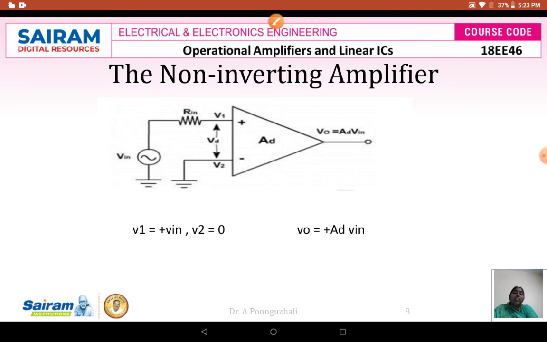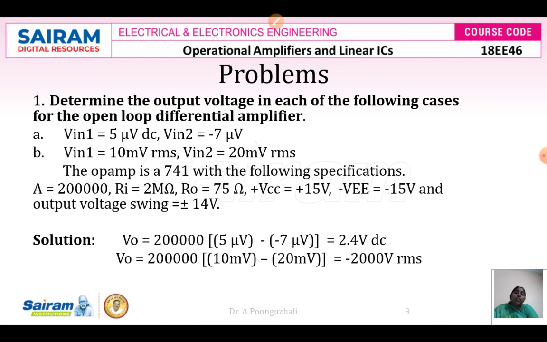So these are the three different configurations of your operational amplifier in open loop configuration. I don't have any feedback, that is, an output fed back to the input. If it is fed back only, then we call it your closed loop gain. In this case, it is an open loop. Whatever input I am going to give, based on this input, I am going to get the output there. So based on this, we will do a problem here.